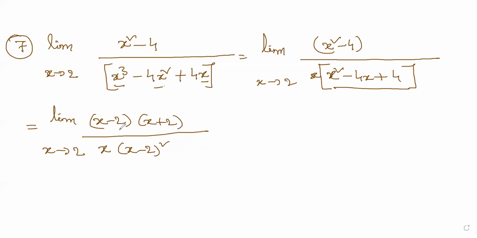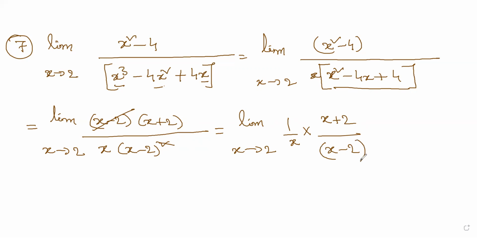So here, what are the things that can cancel out? For one x minus 2, I have one other x minus 2 here, so that is cancelled out. And now I am left with, again, limit x tends to 2, 1 by x into x plus 2 divided by x minus 2. I am left with no way to cancel out the further hurting term, which is x minus 2, in this limit. And now you don't have any other choice.